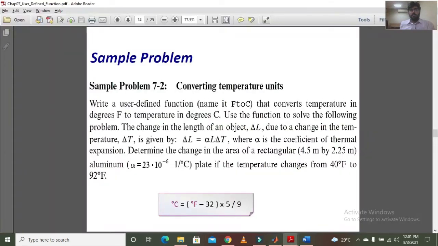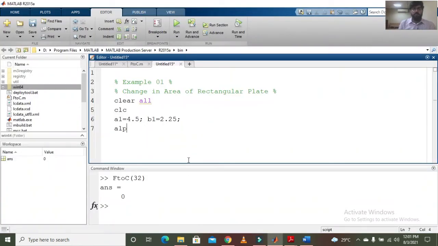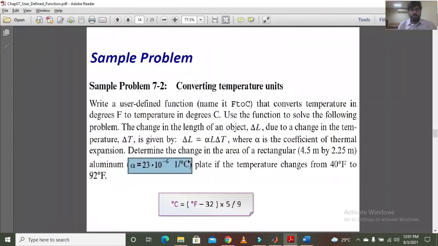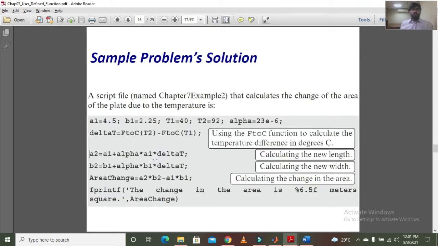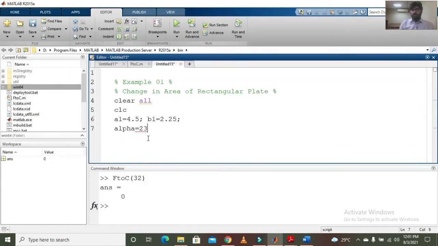Then another thing which has been given to us is the alpha, the coefficient of linear expansion for aluminium, which is 23 times 10 to the power minus 6. So we will write it as 23e-6.